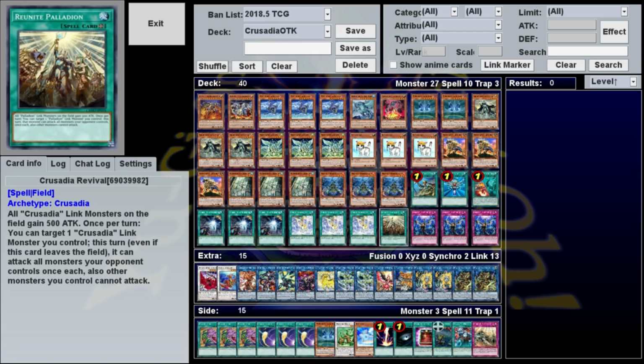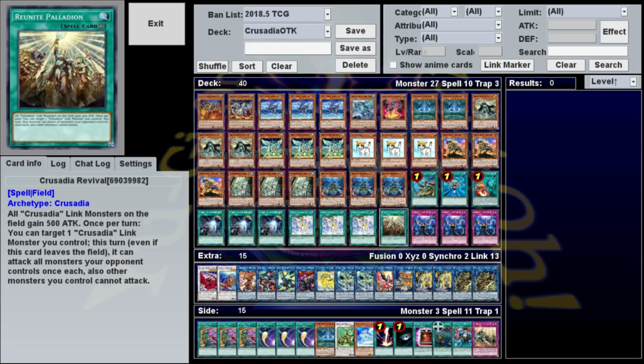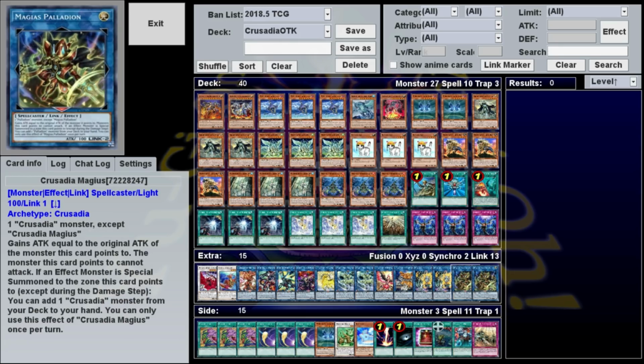Pretty much everything else in the deck is either just some text support, or it's there to help you do the combos you need to make Equimax, which I suppose I should explain now. So Crusadias are all about link climbing. You start by normal summoning any Crusadia monster, and then you can use it to make your Link 1 Crusadia